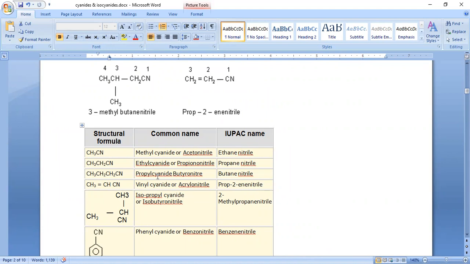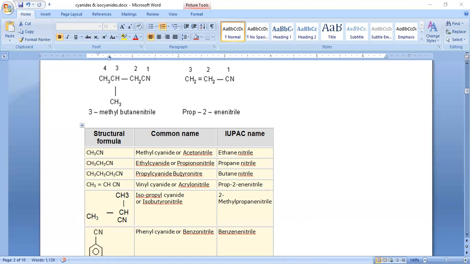So, on the previous slide, see here. This is not IUPAC nomenclature. In general nomenclature we use propyl or ethyl; these yl letters generally we use in common nomenclature. But in IUPAC nomenclature we write the root word, for this one eth, and the primary suffix is "ane", and then immediately we write the secondary suffix. So the name of this compound is ethane nitrile.